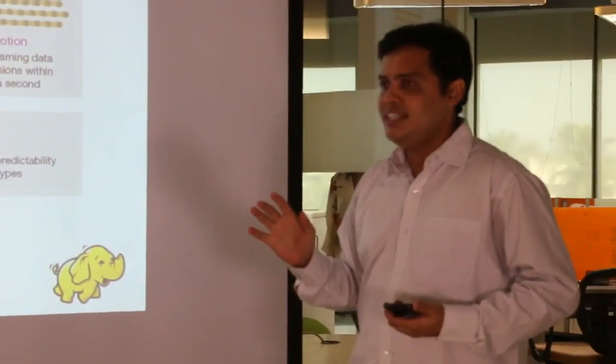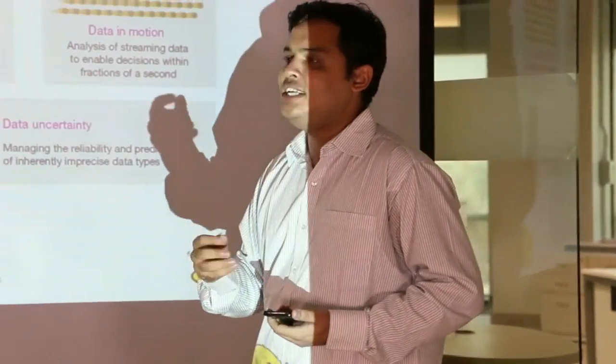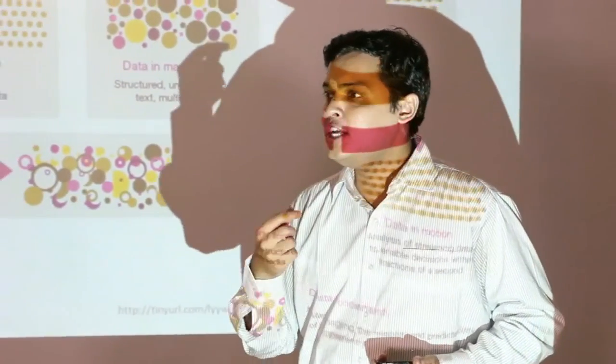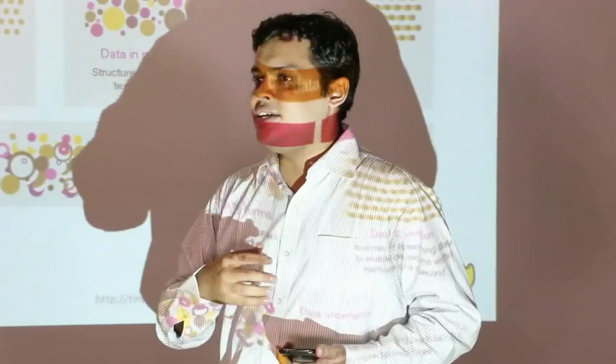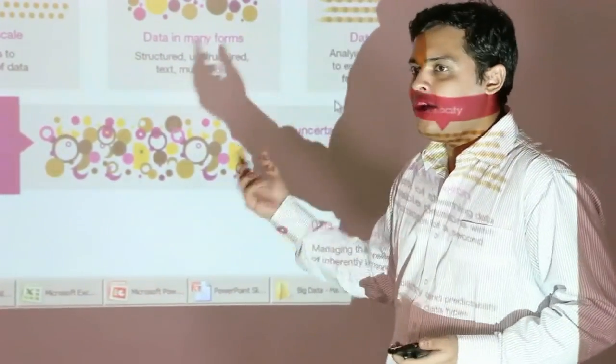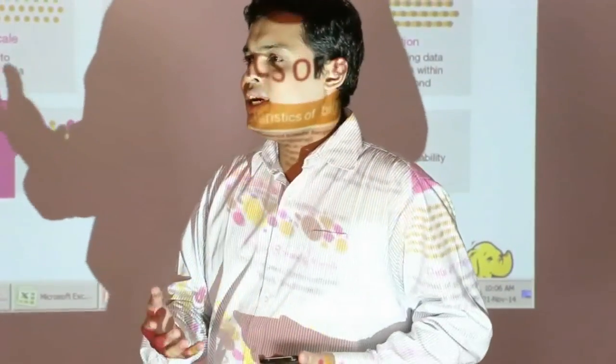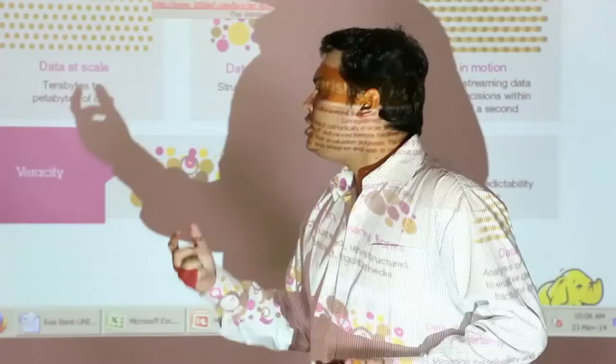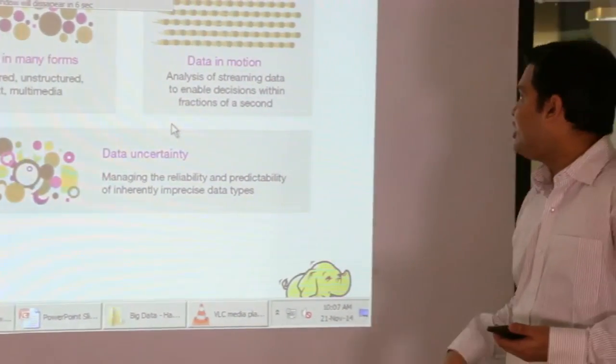The fourth one is veracity, basically the data usability, whether the data is usable or not. Is the data clean? Am I just bringing out some junk data? I may have a huge volume, huge velocity and huge variety, but is that data usable? Does it require cleaning? It all depends on what type of data you have over here.